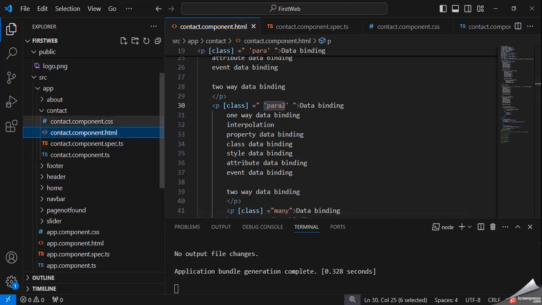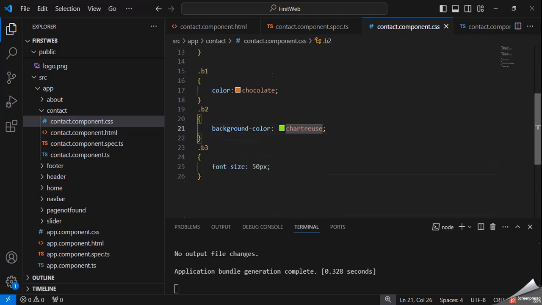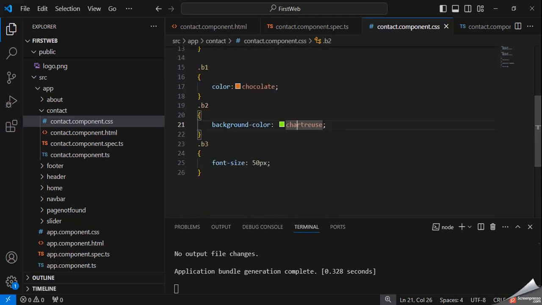Suppose I have declared multiple other classes, like here b1, where the text color is chocolate, and background color as you like, you can specify. Here I have declared three classes, dot b1, dot b2, and dot b3.